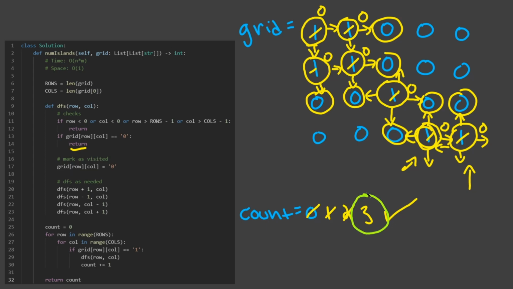And we know this is correct because we can see here that we have 1 island here, 1 island here,